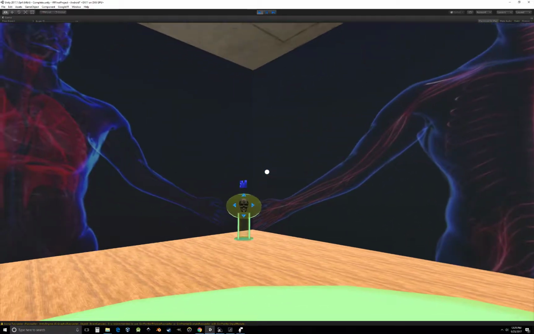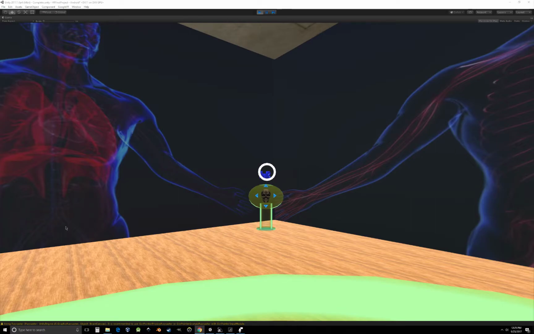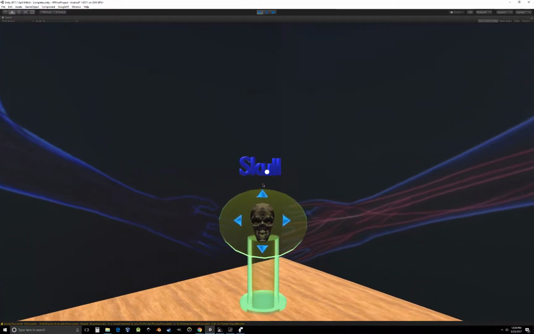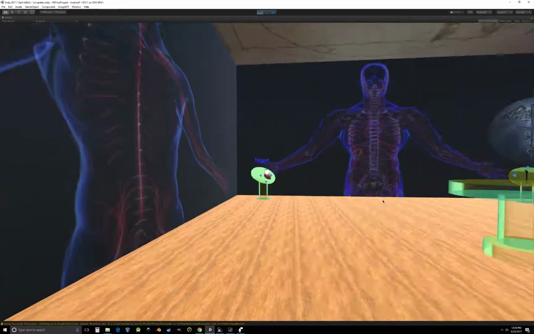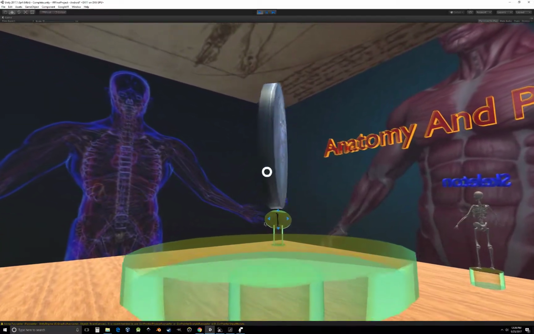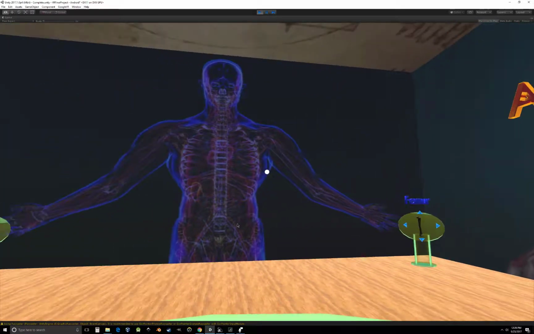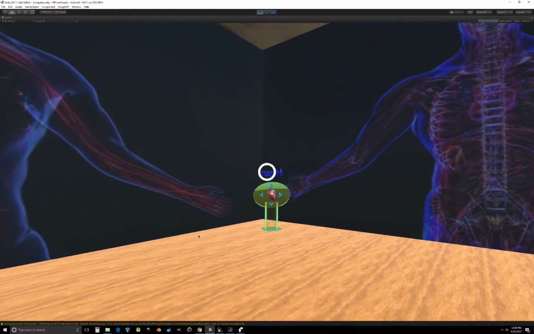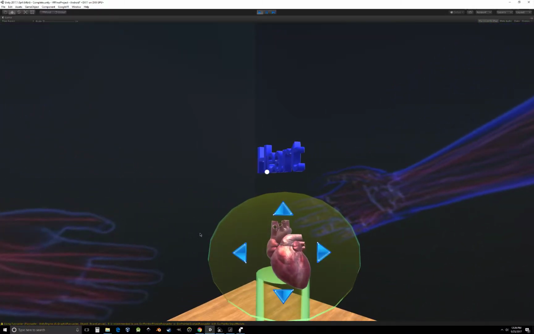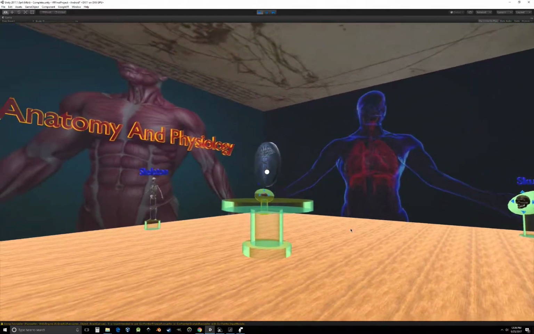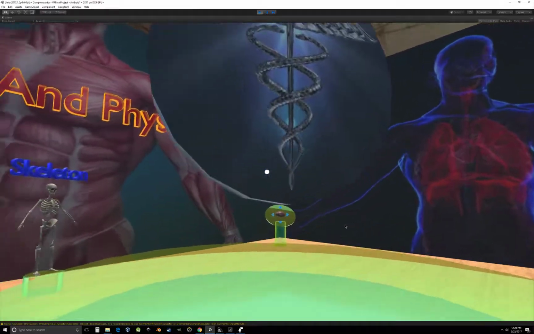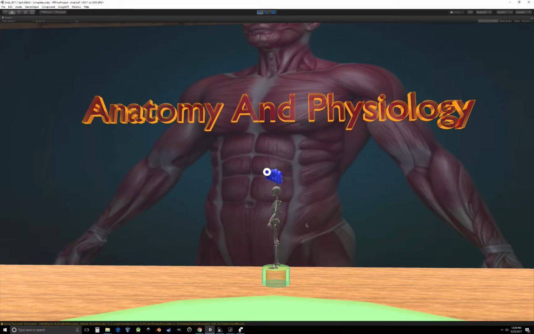According to Wikipedia, the skull is a bony structure that forms the head. According to Wikipedia, the heart is a muscular organ in humans and other animals, which